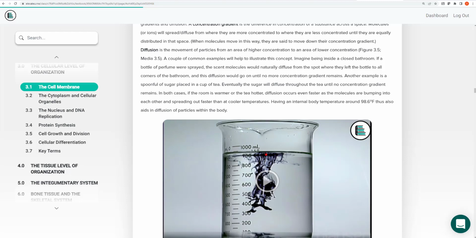And so the dye is going to move from an area of higher concentration and is slowly going to diffuse out until a minute or two from now, this entire beaker is going to be light purple, isn't it? So that dye is going to diffuse, right, down a concentration gradient from an area of higher concentration to an area of lower concentration, and it does not require energy.